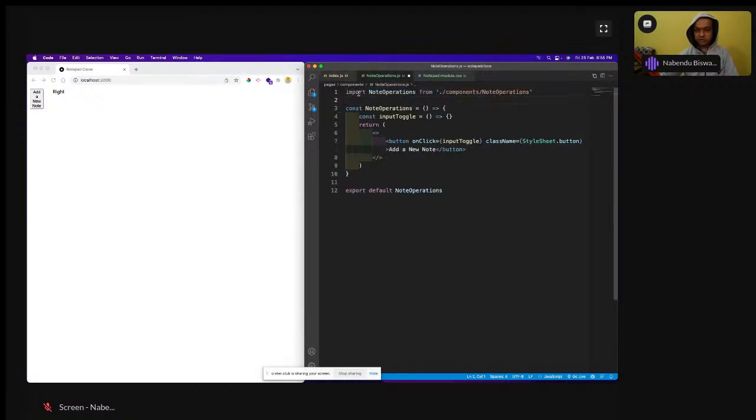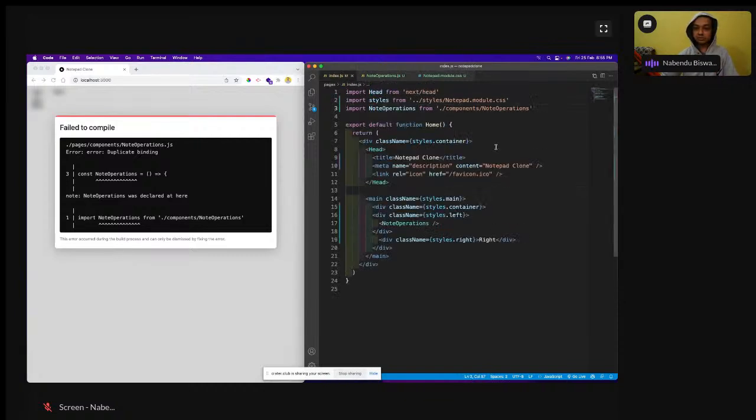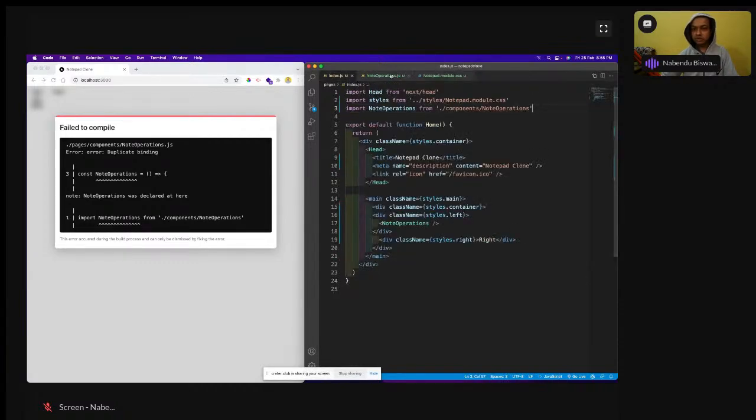So everything will be from here only. So it will be not a style sheet, it will be styles like this. Save it. Fail to compile. Note operation was declared here. Then what happened? Not note operation. Okay, I'm not even using this notepad module. Okay, not note operation, I have to use the,